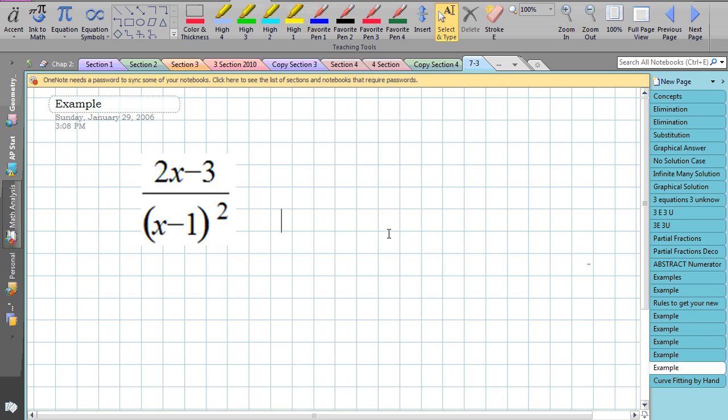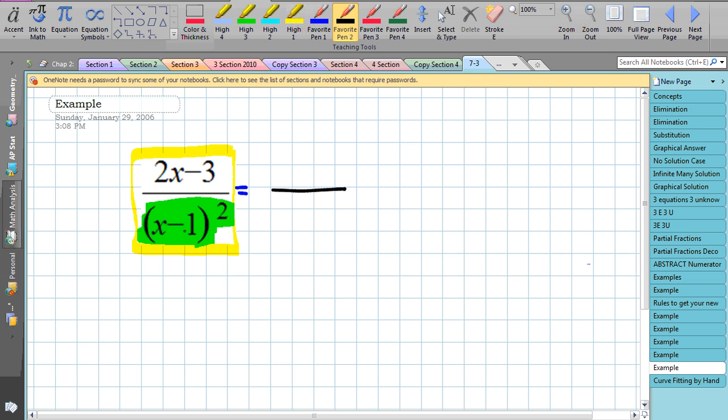Okay, let's get started. We're going to use our partial fractions technique to break up this fraction. So step one in the process is to factor the denominator. And notice it is factored. Okay, so that's done. Second step in the process is to set up our fractions based upon our rules of